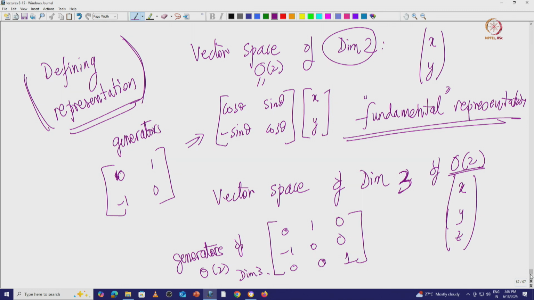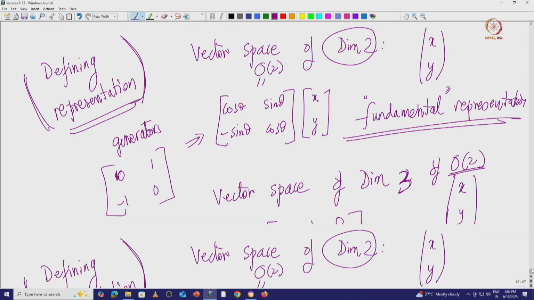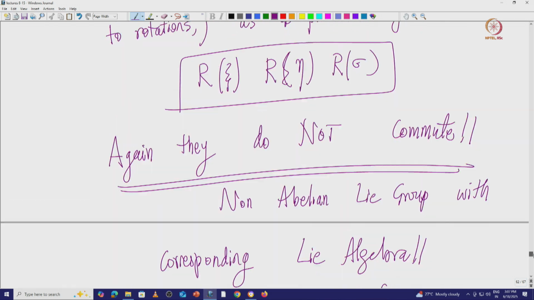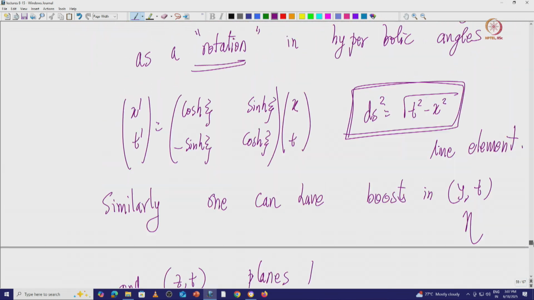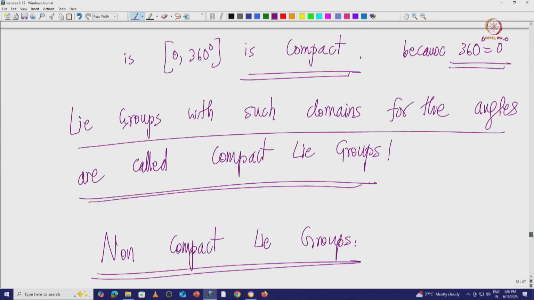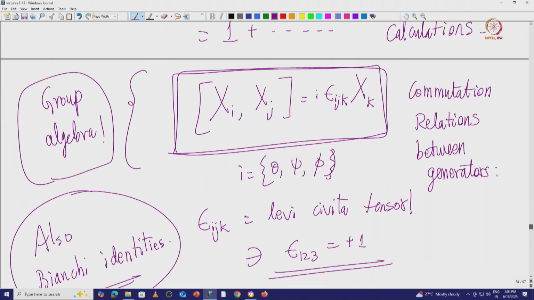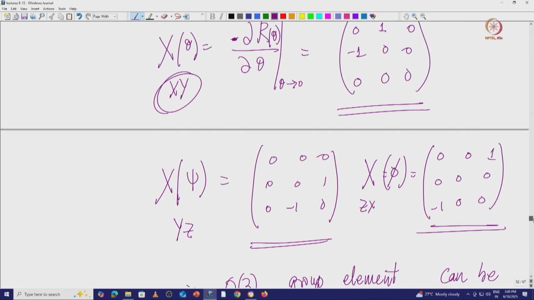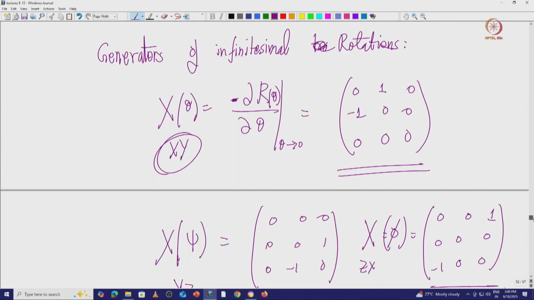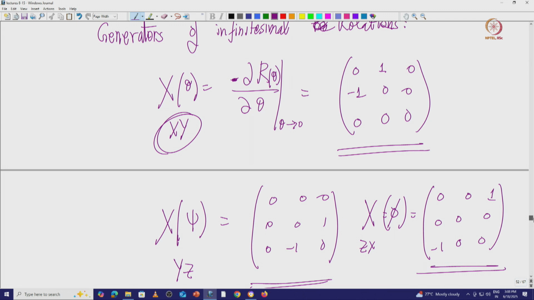Now these are not O3 generators. You see that these are not O3 generators, but O3 generators are different. If you remember your O3 generators, we have done it in the class. So these are your O3 generators.